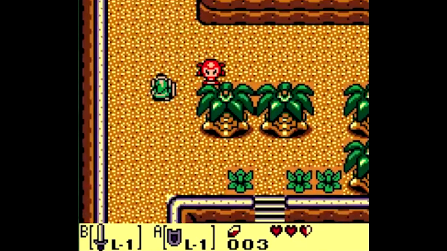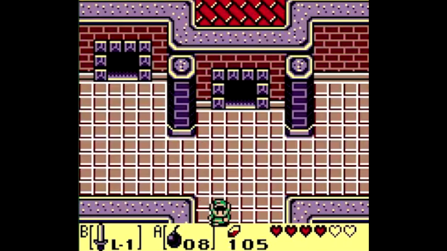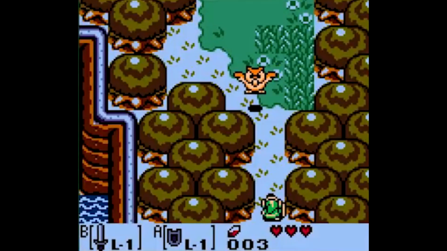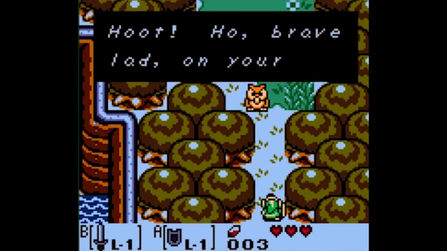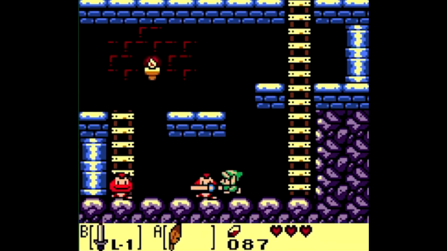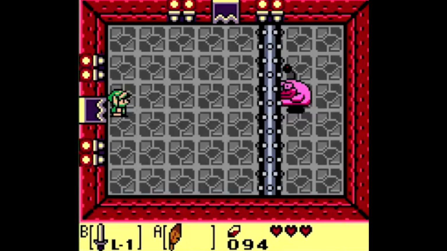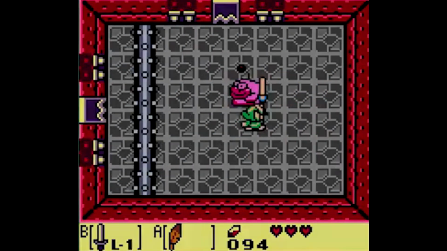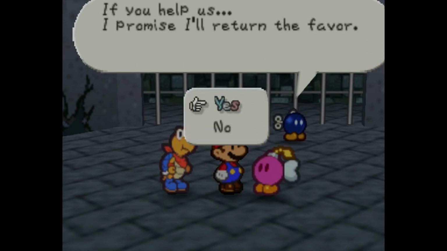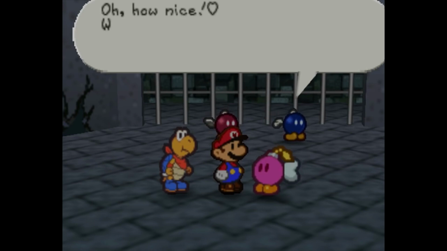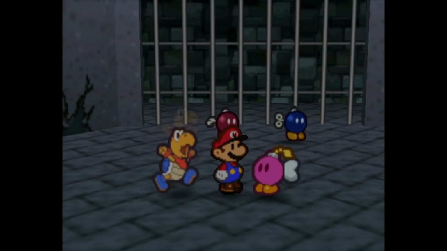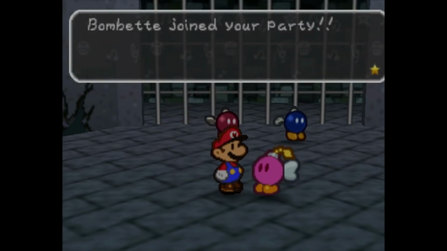But I do understand why people are a little bit bothered with that. Making a character who looks a little bit more like the Link with anime eyes probably would have gone over a little bit better, but I think that the choice they made is brave, and I'm excited to see how it pans out. You'd be surprised how much you can do with a little amount of expression. Nintendo is a master of giving a lot of personality to things that otherwise don't seem like they should have personality. I mean, just look at the Bob-omb companions you can get in Paper Mario. They don't have a lot in the way of facial expressions either, but they certainly are well-rounded characters.